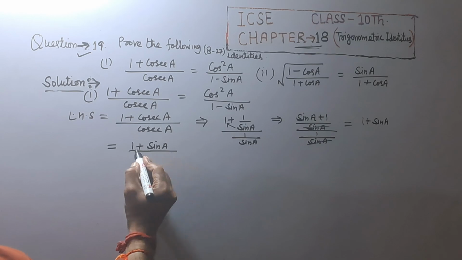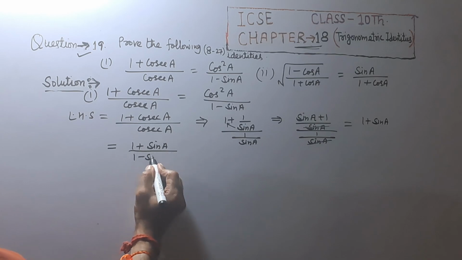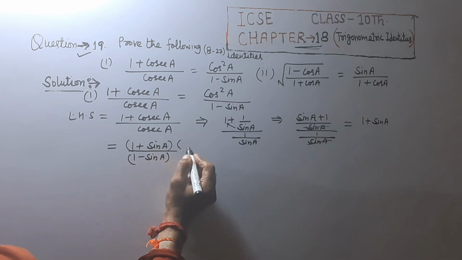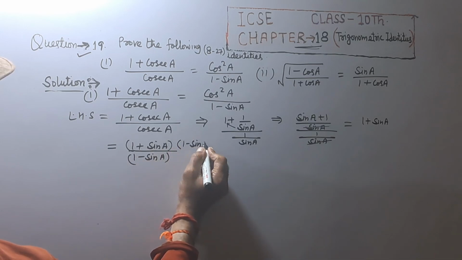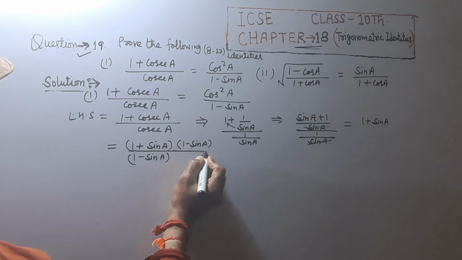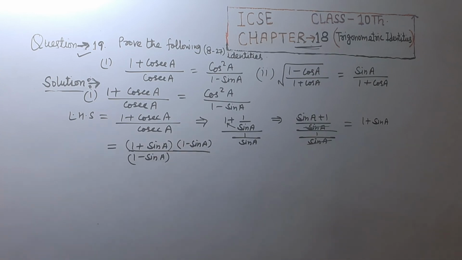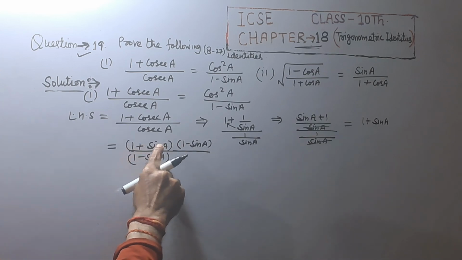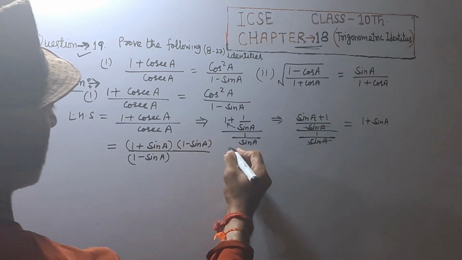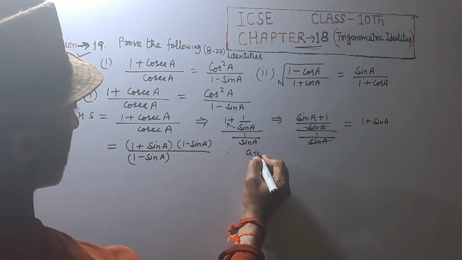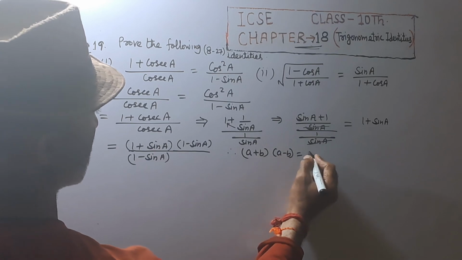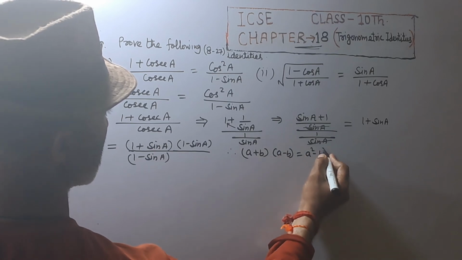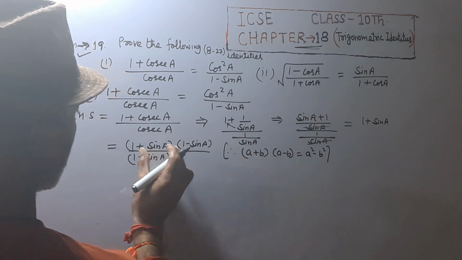We are rationalizing both sides. 1 minus sin A divide and 1 minus sin A multiply. A plus B into A minus B. So A plus B into A minus B is equal to A square minus B square. Identity,